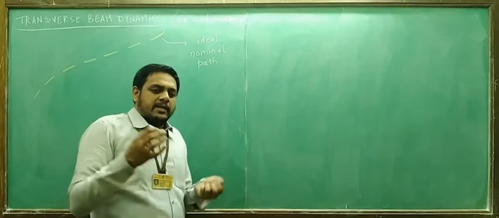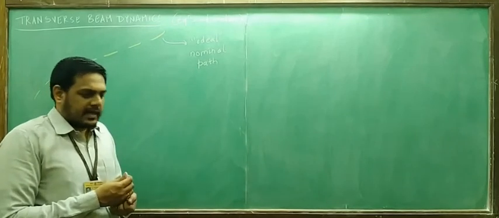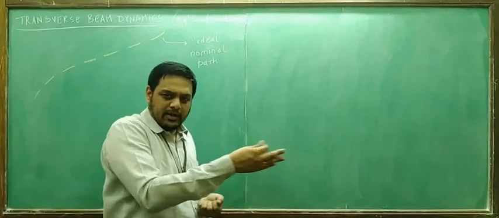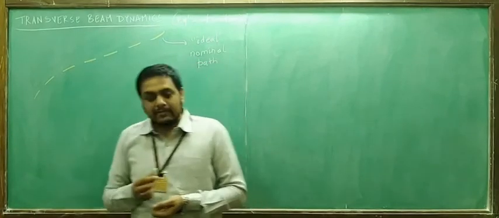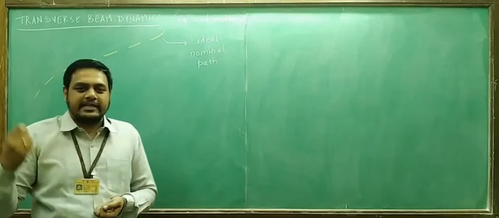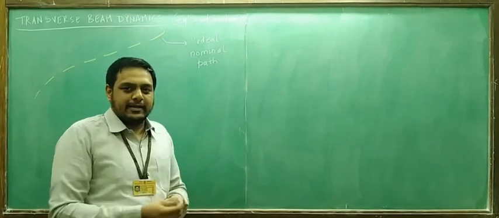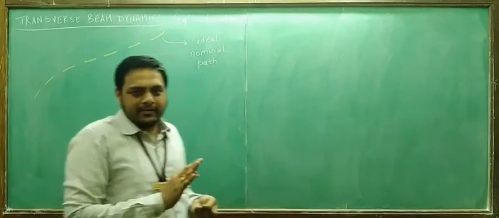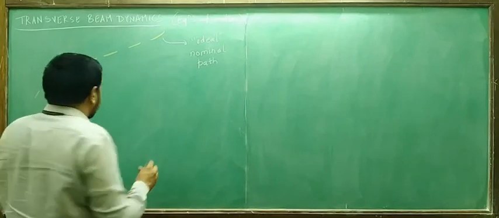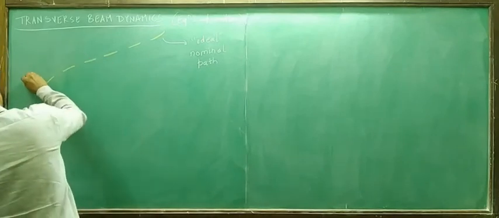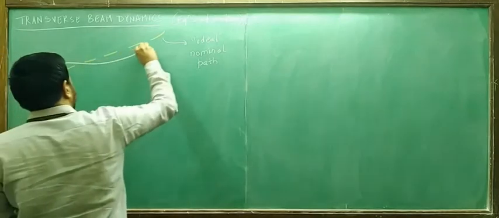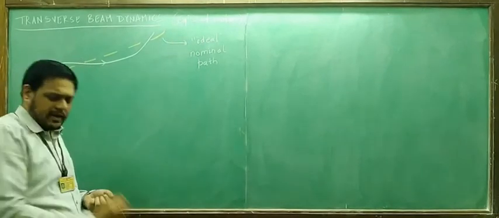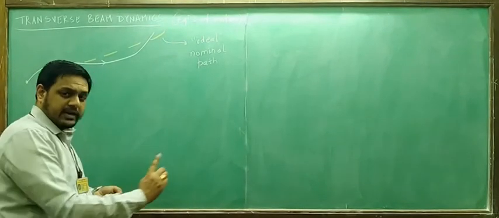So if you have many particles, it is like a bunch of vehicles. Once the railway track is there, they will keep on moving at or near it. You can imagine the situation like some movie like Sholay, where the Dakus are chasing the train. Train is the nominal trajectory and the Dakus are all particles. They are scattered, but they more or less follow one particular path only. That is what happens in an actual accelerator. And any real particle will be following some path which will be more or less dancing around this nominal path. It may not exactly follow the nominal path, but it will follow it closely enough.